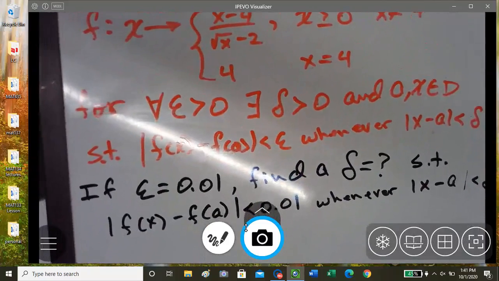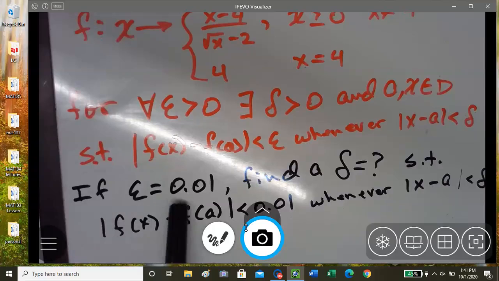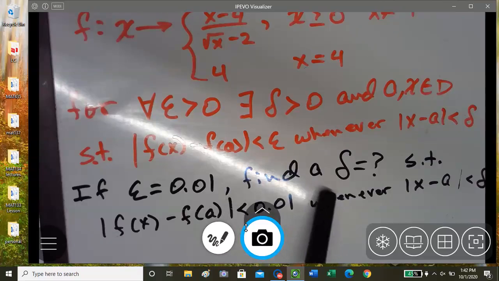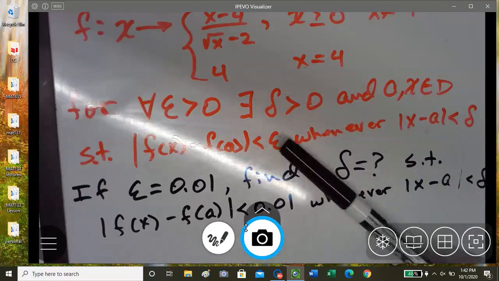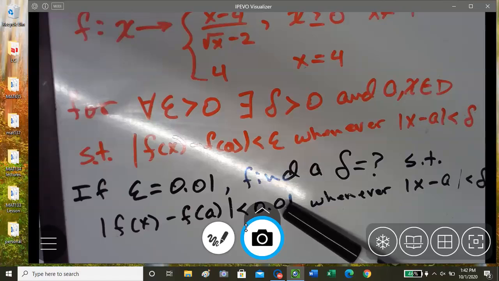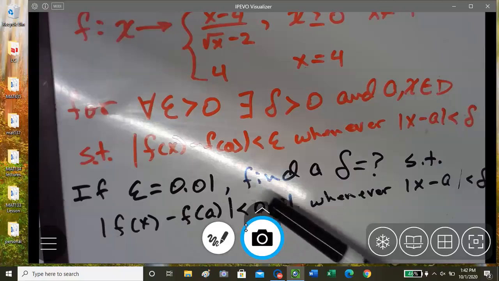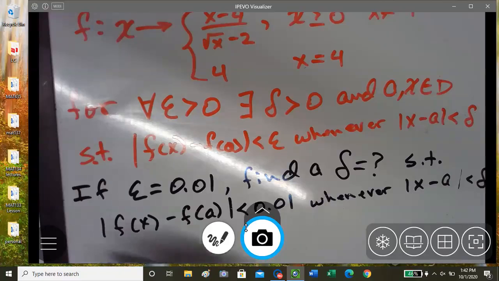But what's different here is epsilon equals 0.01, and notice they didn't give an a. Find a delta such that, again, the absolute value of f of x minus f of a is less than, this time, the epsilon that we were given, whenever the absolute value of x minus a is less than delta. So the first thing you want to do is simplify